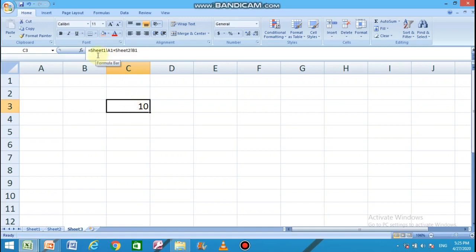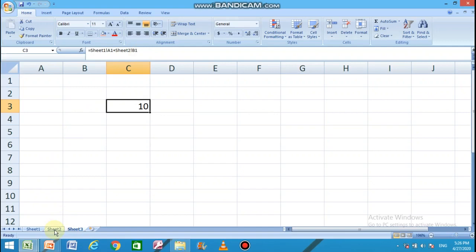Understand the formula once again. First of all, type the sheet reference where the data is, then the exclamation symbol, and after that write the cell address. Put the operator, give another sheet reference, exclamation symbol and the cell reference. And this way you can call data from many sheets and calculate them together. I hope you have understood it.